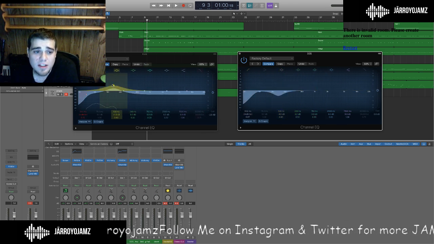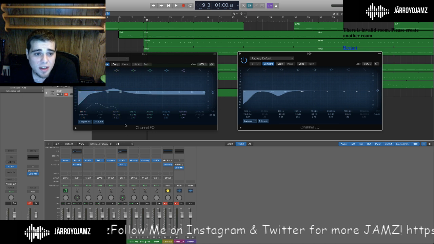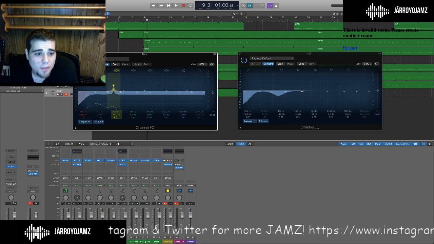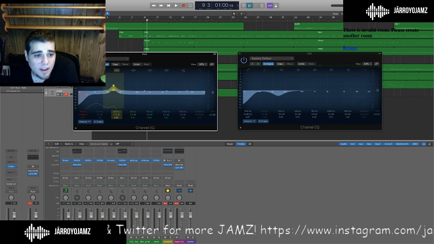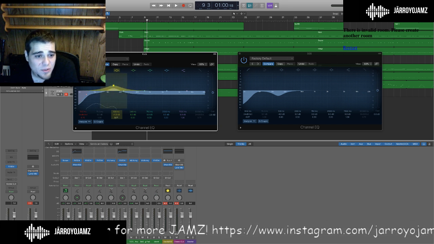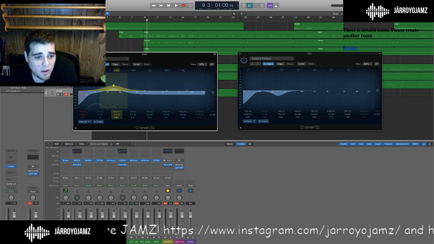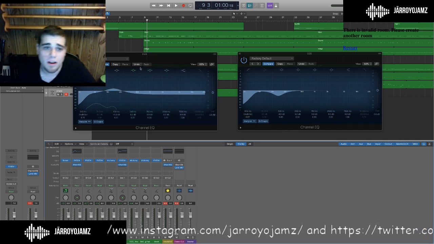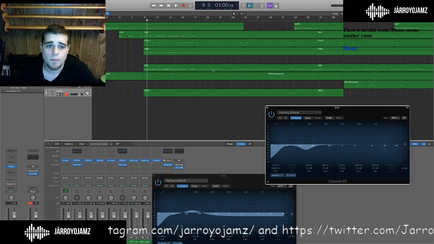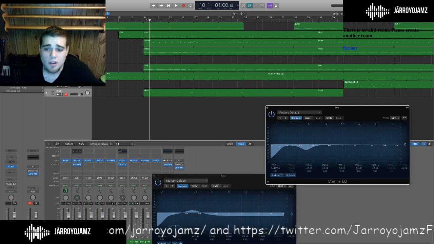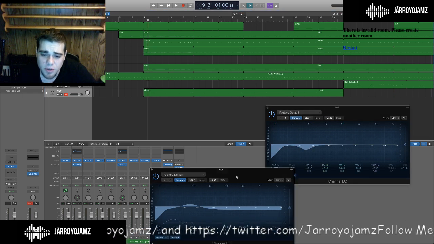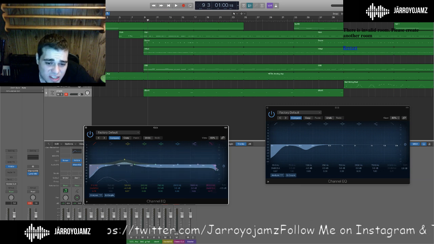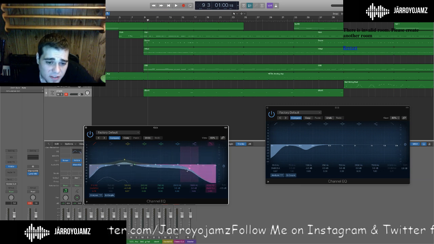Okay. And as you can see, the bell, which is as tight as you can make it, I can make it wide, I can make it thin. That's the bell. And that is at 0.60 is where I had this one here. And so I'm going to cut here. Alright. So that should mesh a little bit. Sometimes I do like to take out the very high airy sound out of the kicks.